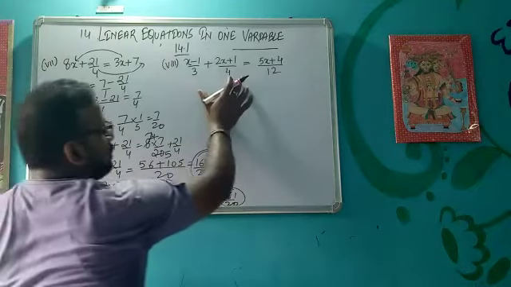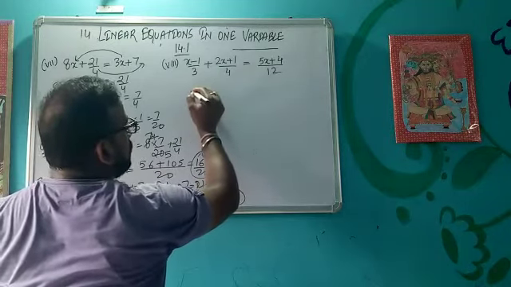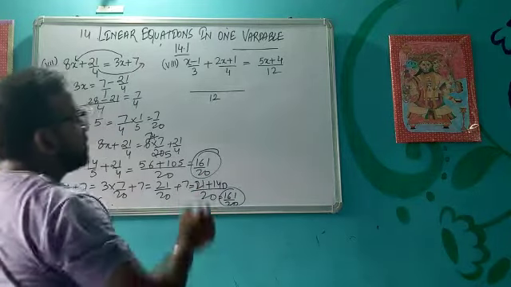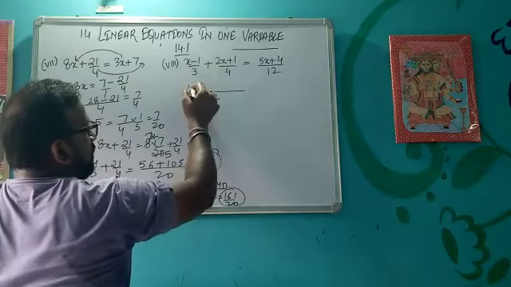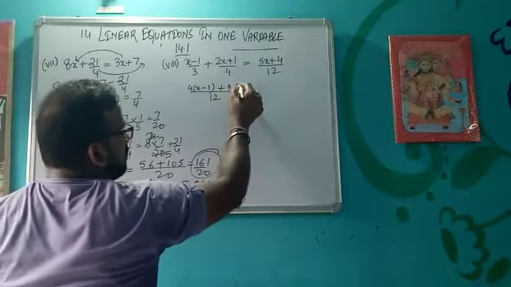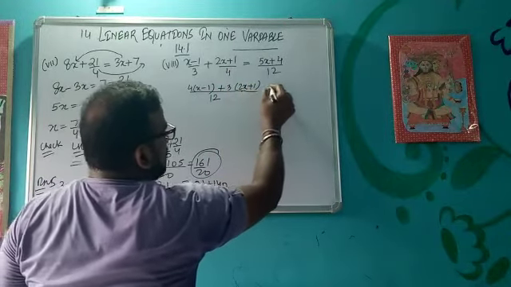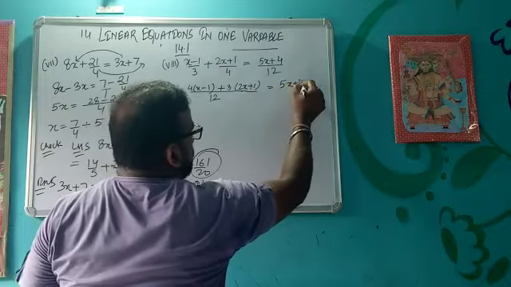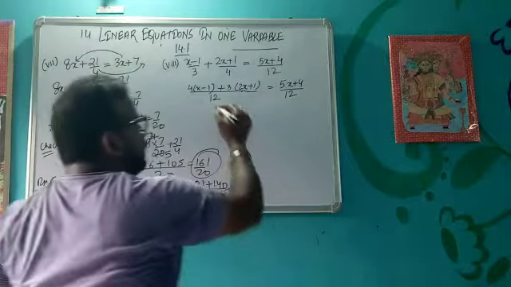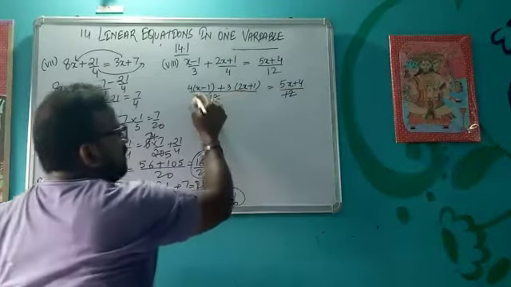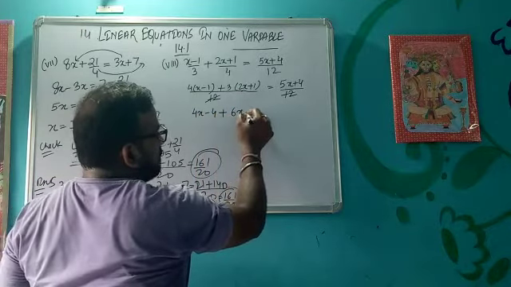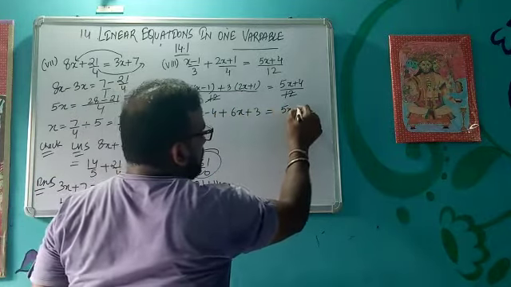Now in questions like this, what we are going to do, first we will take the LCM here. So LCM will be 12. Then this 4 will come here like this. And 4 into 3 is 12, 2x plus 1. Okay. Then this is 12, this is 12, they both will cancel each other. Then we will multiply inside the bracket. So what we will get? This equation. Okay.